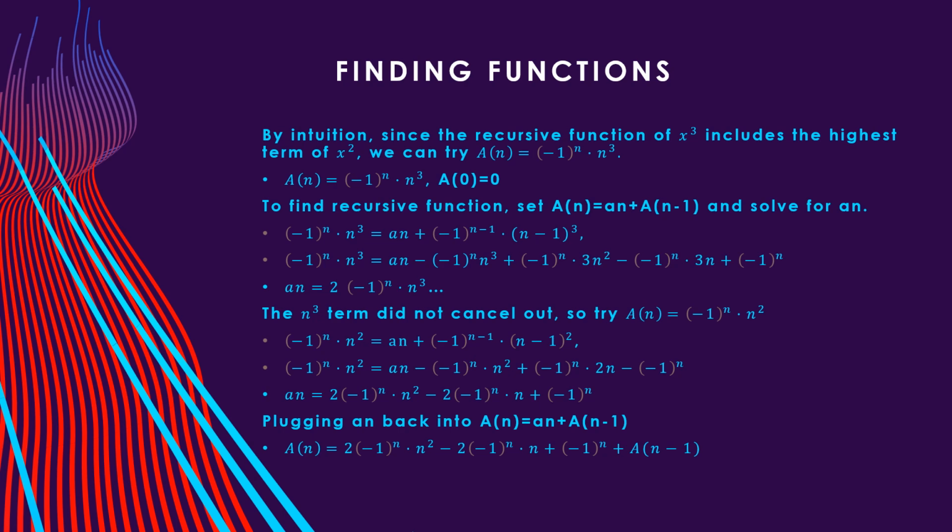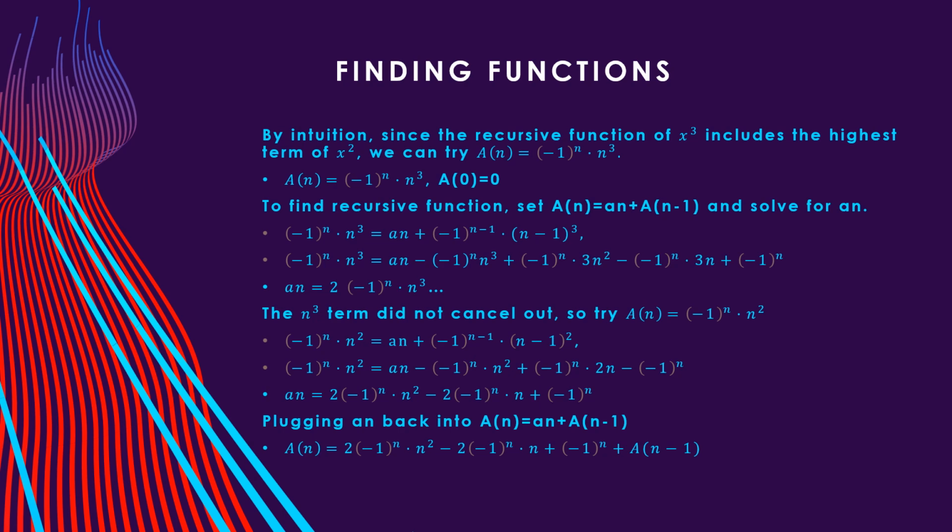And this gives us a recursive function a of n equals 2 times -1 to the power of n times n squared minus 2 times -1 to the power of n times n plus -1 to the power of n plus a of n minus 1. So our highest term here includes -1 to the power of n times n squared, which is good because this can be used to take out the -1 to the power of n times n squared in our original recursive function. This way we can solve for alpha, beta, and so on, which won't have variable terms like -1 to